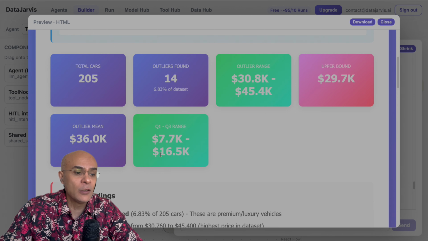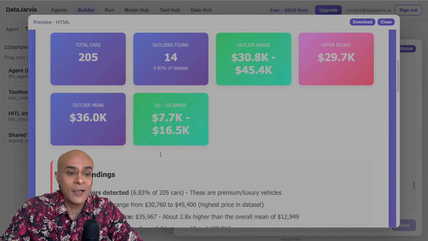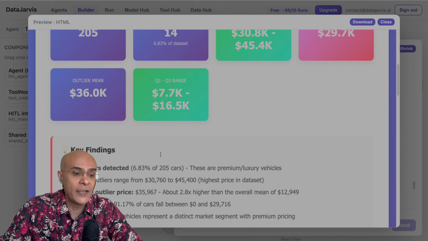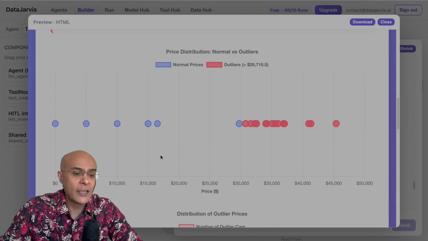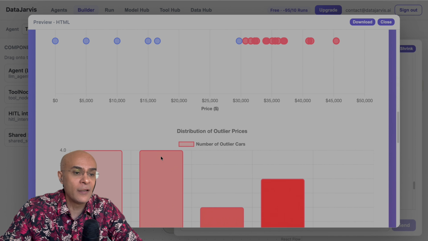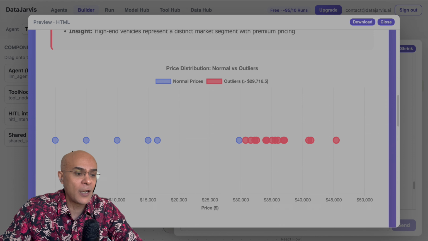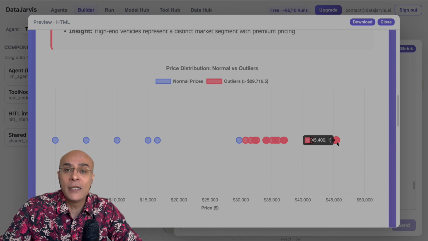So this is the upper bound, and this is the lower bound. It means that all the cars, outliers meaning very highly priced cars or cars which have very, very low price. So it has also plotted this nice visualization, and you can see here that you have some cars which are very low price. So for example, you also have a price of the car which is 0, which is an outlier. It seems that there is some problem with the data, and on the other hand you also see some very